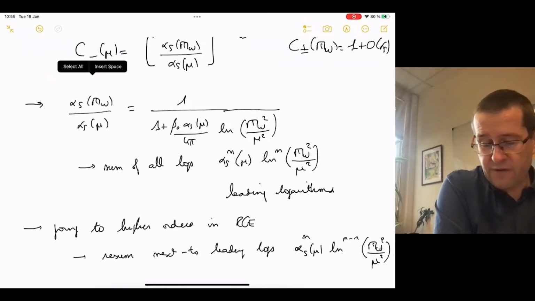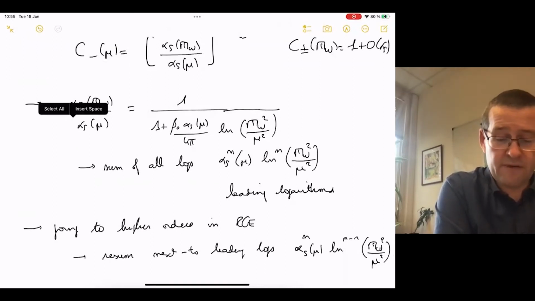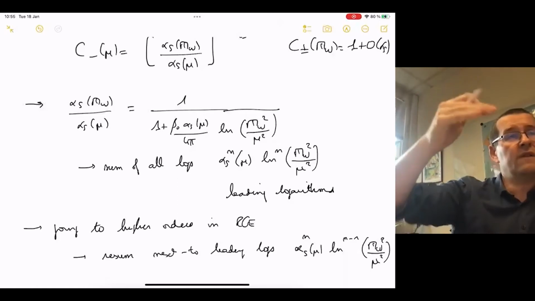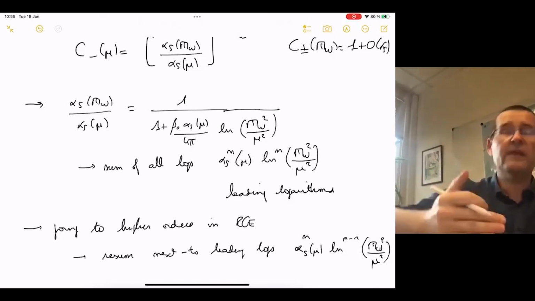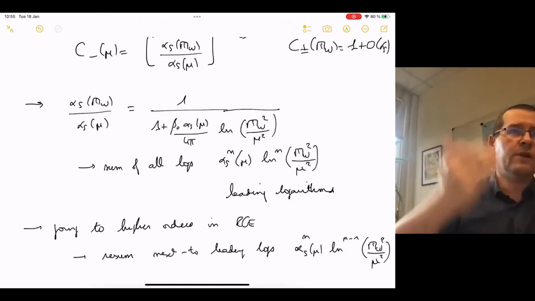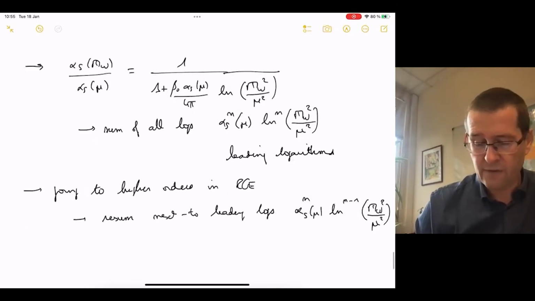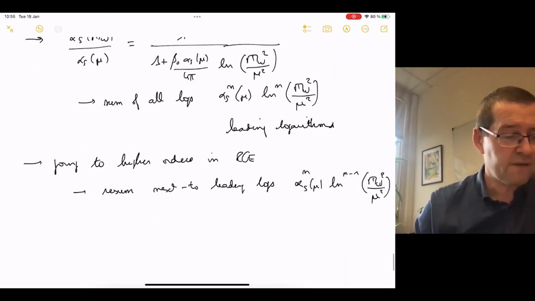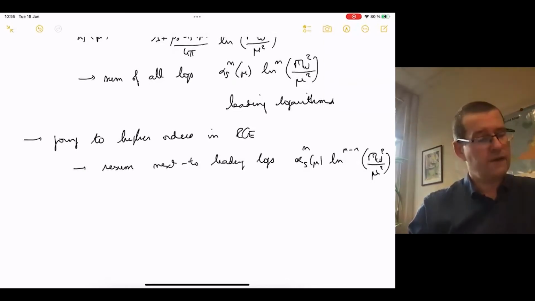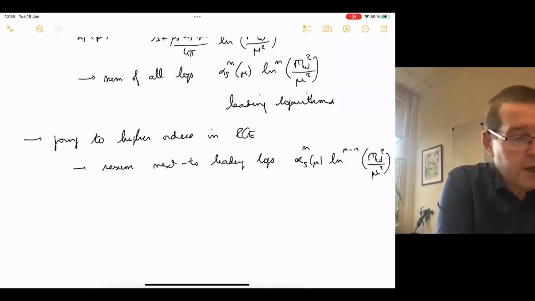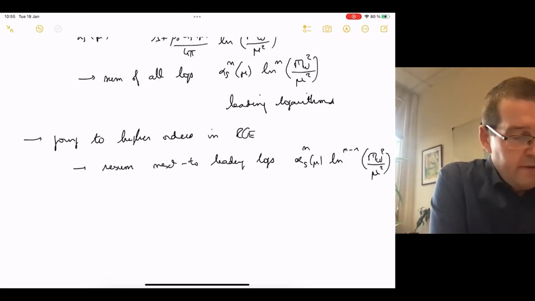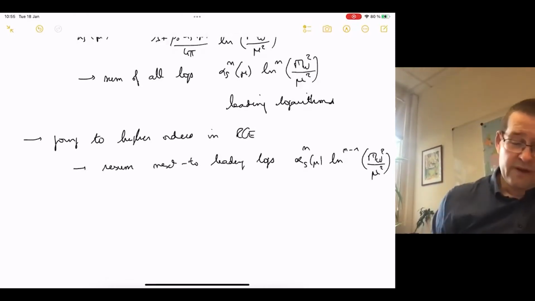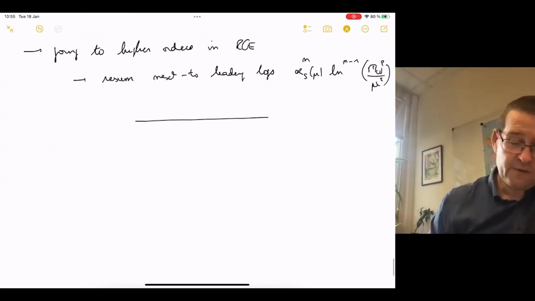So that's already an interesting achievement, especially with the idea that we wanted to separate the scales, but keep track correctly of the physics going on from the high scale down to the low scale, keeping the relevant contributions, including numerically relevant ones. So that's done this way, and by using this trick of considering this RG, we've been able to resum properly those contributions. So now what we have after applying this,